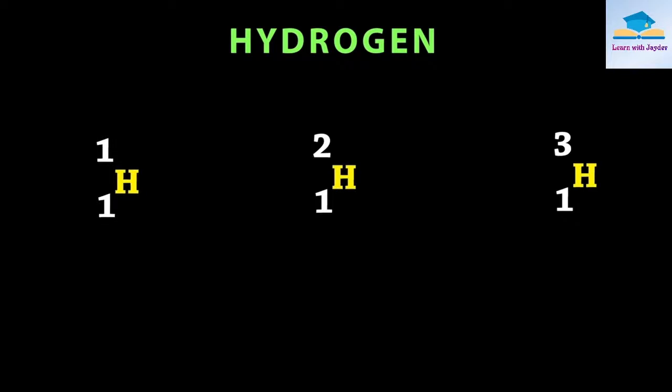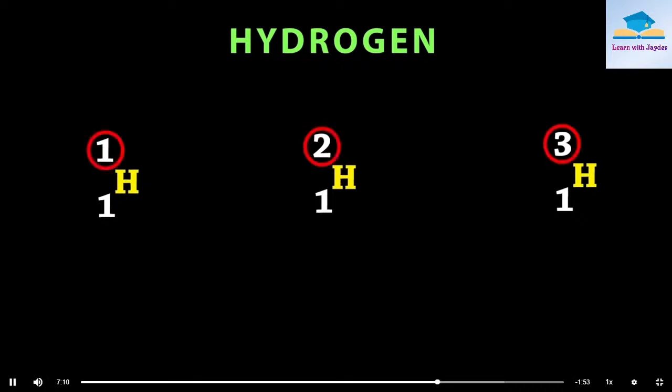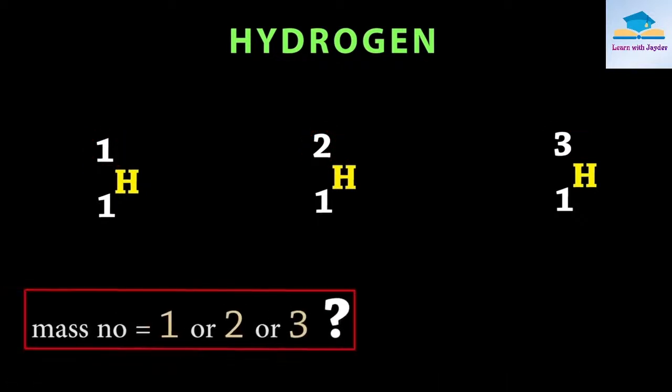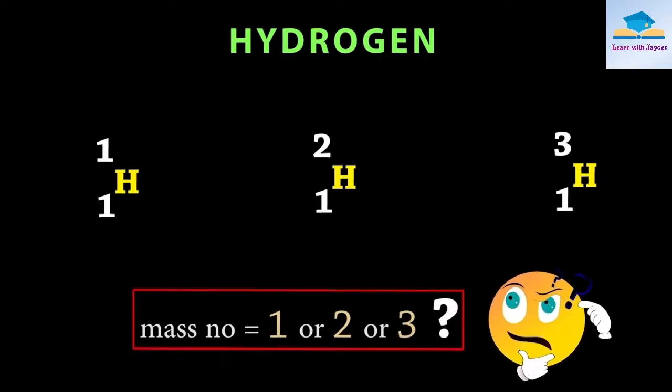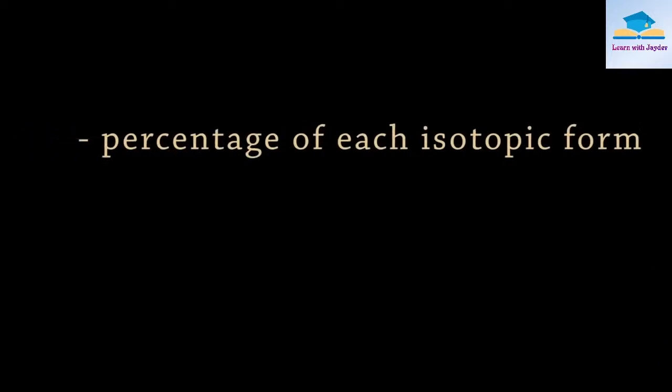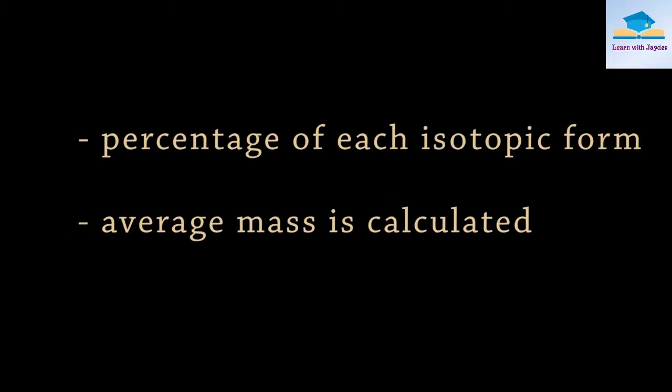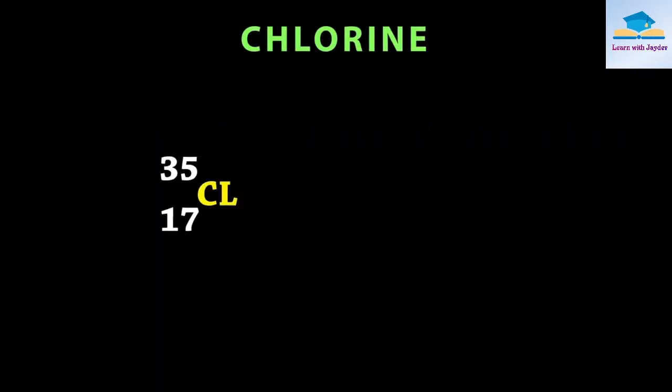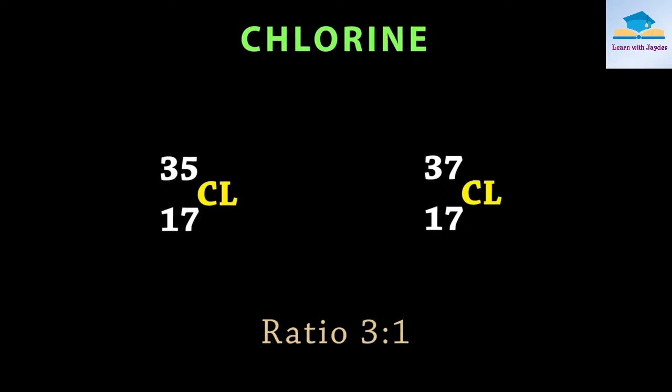Now, the question is, what should we take as the mass number if the atoms of the same element have different mass numbers? The answer is that we have to know the percentage of each isotopic form, and the average mass is calculated. For example, in the case of the chlorine atom, there are two isotopic forms with masses 35 and 37 in the ratio of 3:1. So, the average atomic mass of the chlorine atom is